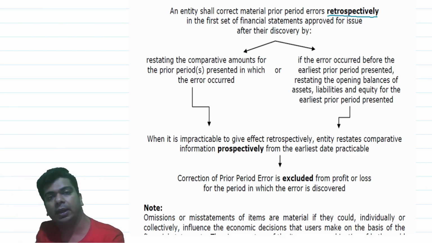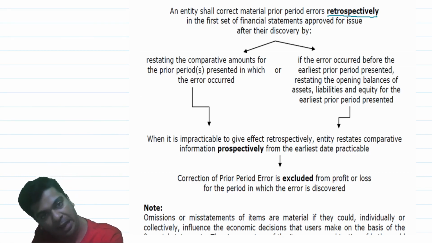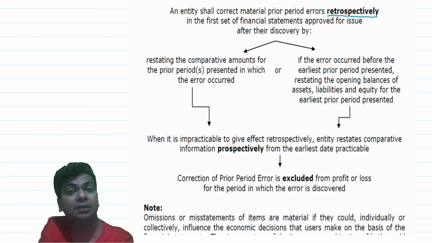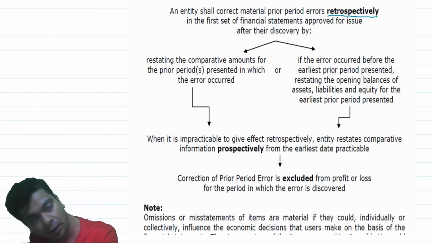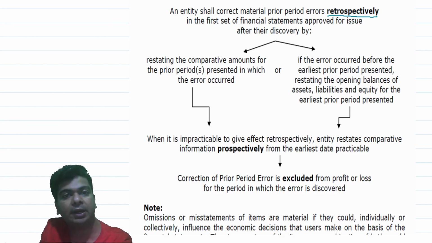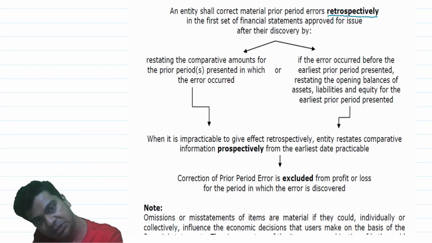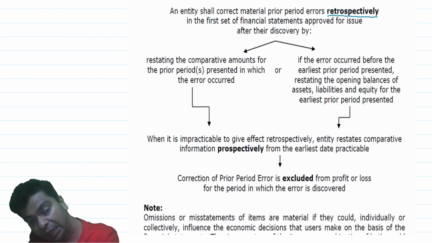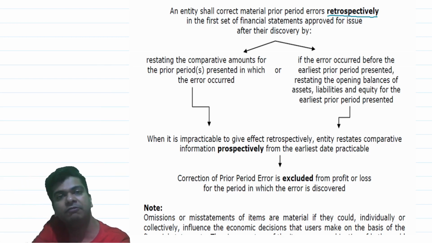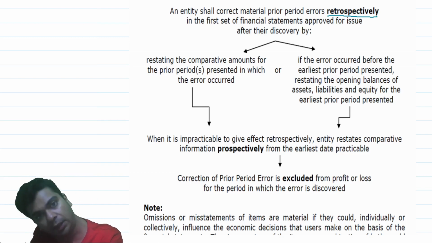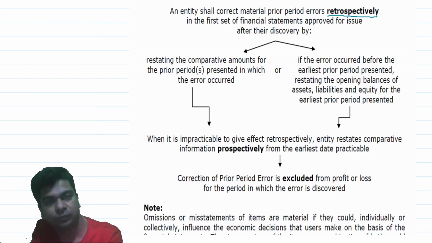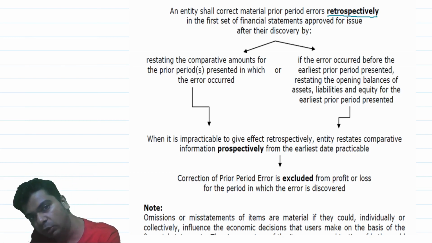AS5 says that, okay, 10,000 rupees of wages of previous year was not recorded. Agreed, it's a prior period error. This prior period item's effect will be given in the period in which it was detected. In the current year, you detected a mistake of 10,000 of the past. In current year's P&L, I will give the effect of 10,000. 10,000 rupees of wages of the previous year will be debited to the current year. You know what will be the end outcome of this? Think logically. What will be the end outcome of this?